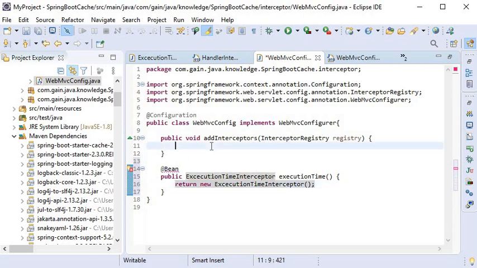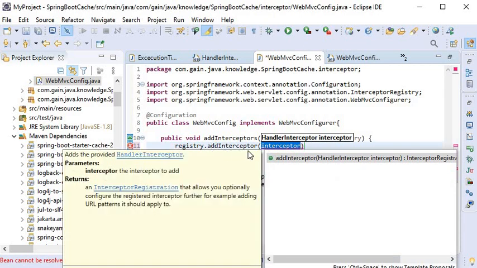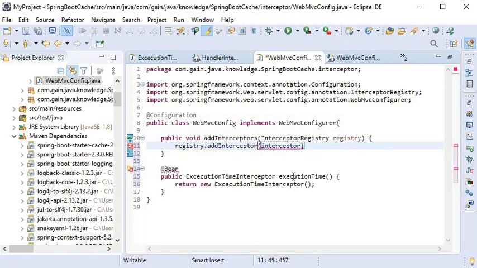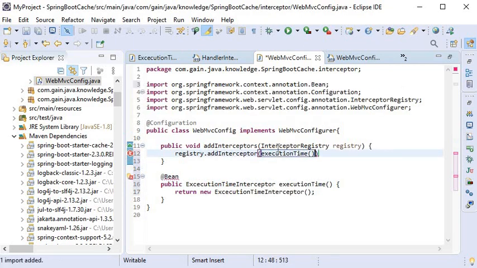And here I will call the function registry.addInterceptor, and here I will call this function execution, and it will get the bean. Now I will run this application.